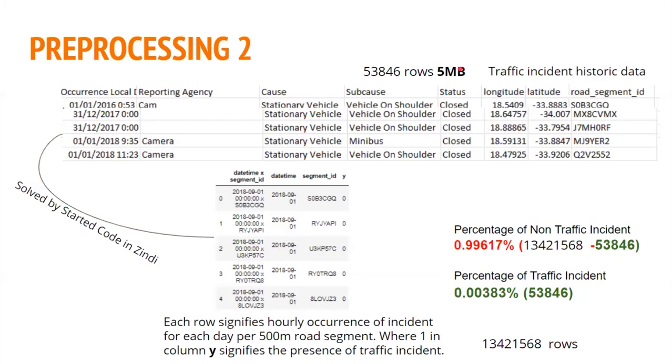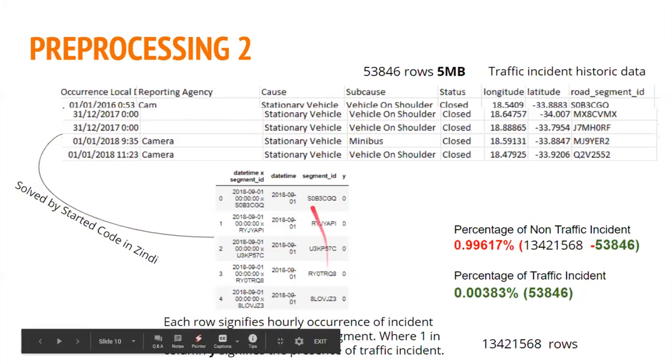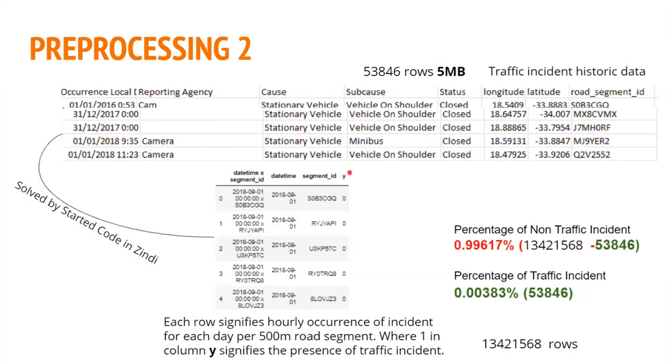On converting it to this format, it gave us about 13 million rows. And now our Y value, the target value we are going to use for training,